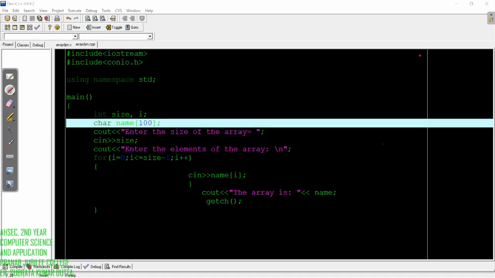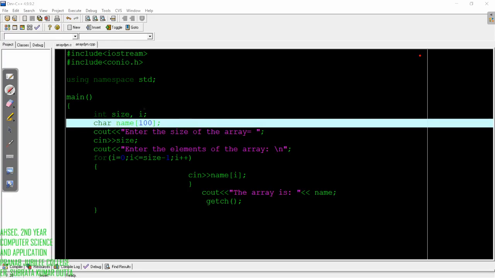At the beginning we saw how to initialize static elements, where the programmer gives a static value of the array and the user cannot change that. But now we'll see a program where the user can himself or herself enter the elements of the array. For that, in the last video we discussed it theoretically. If you have not seen it, please see that, it will be easier for you to understand.